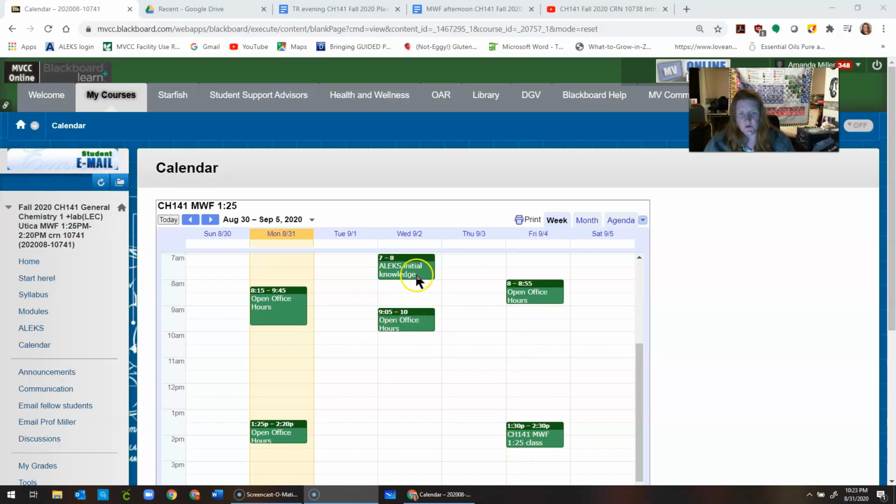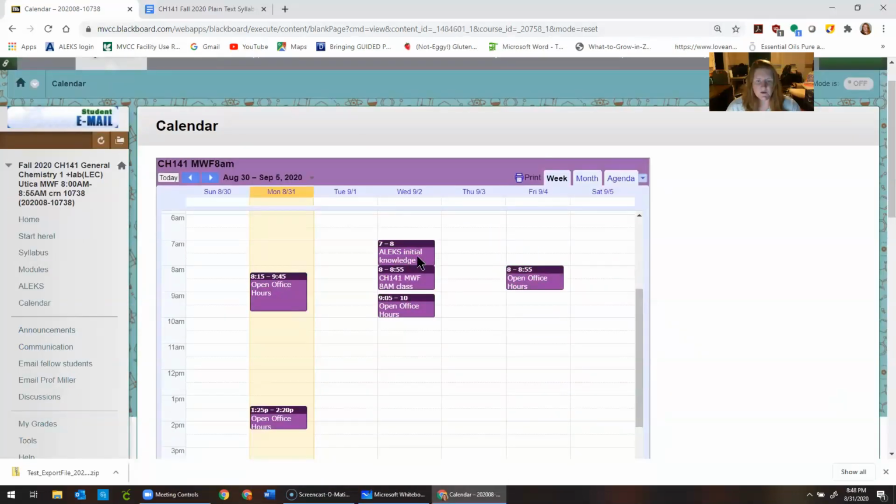But your knowledge check is still due on Wednesday before 8 a.m. Your class session, though, is on Friday. So the only thing that's different from one class to another is when you're meeting with me. The due dates for everything are still the same. So you'll see the ALEKS check here. That's your main focus for the first week. You want to get that done and then come to class on Friday, ready to learn about Module 1, which is measurement. So your main thing this week is just really doing the initial knowledge check,